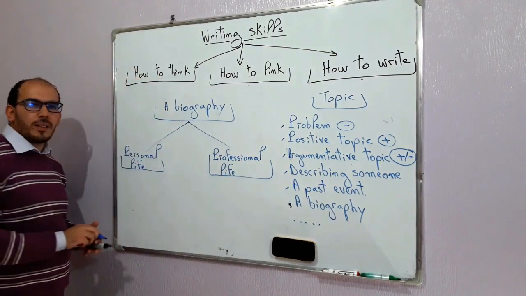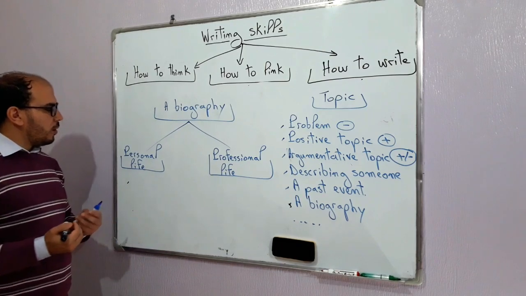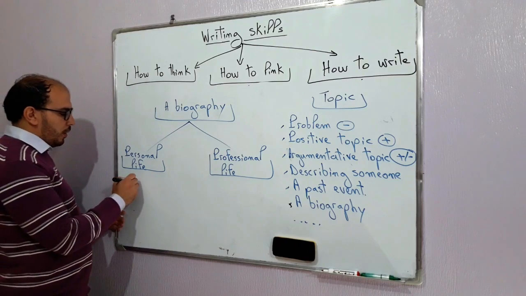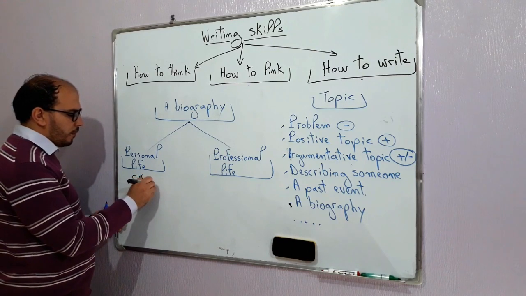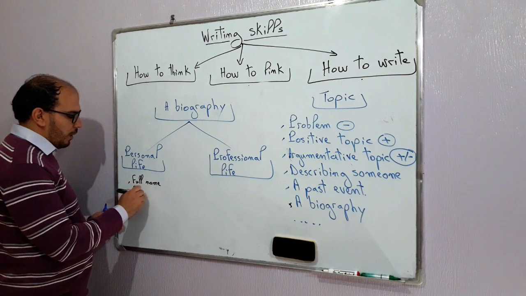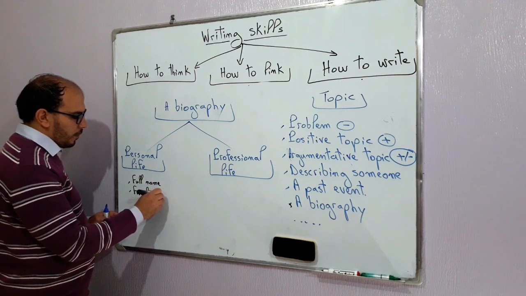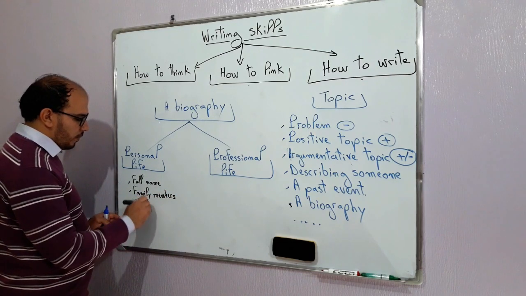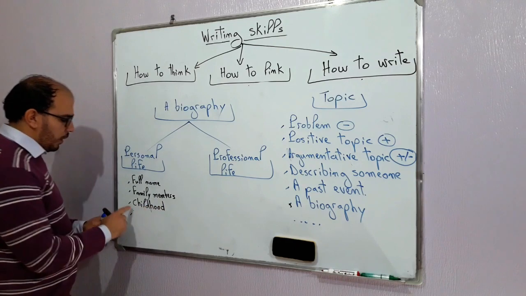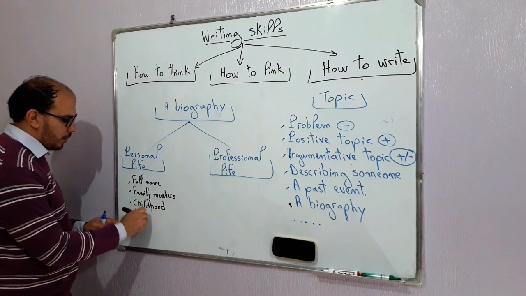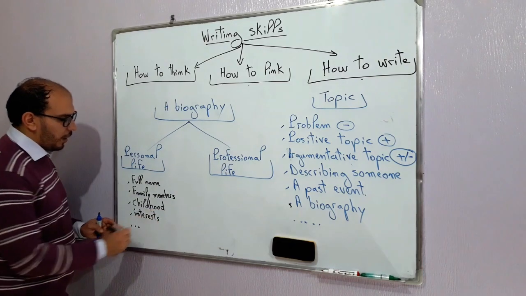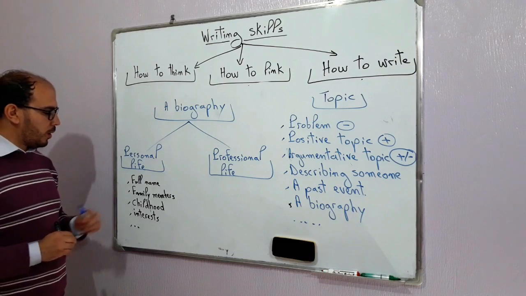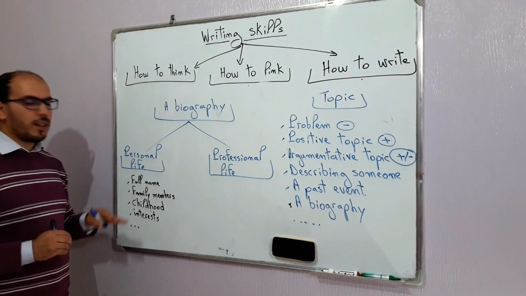When we speak about personal life, this means I have to speak about personal facts or things. For example, I have to speak about the full name, to speak about family members, to speak about childhood, to speak about interests, and other things. So all that has to do with personal life of this person: full name, family members, childhood,